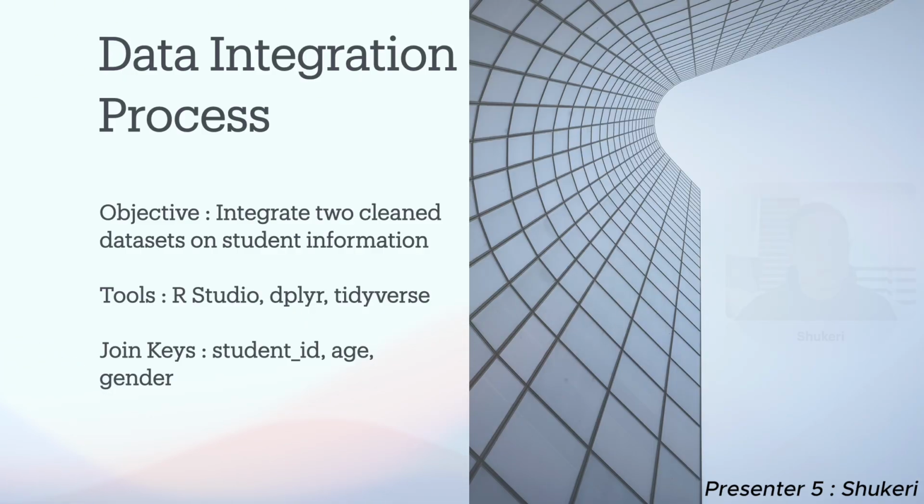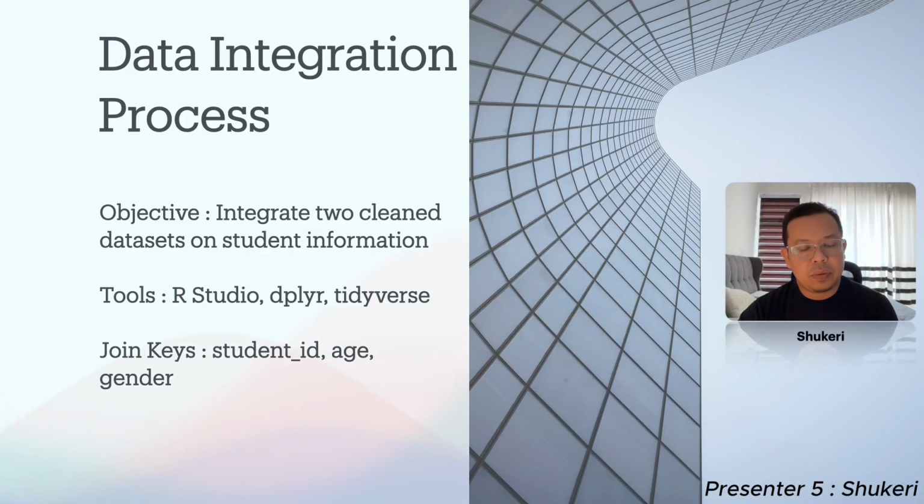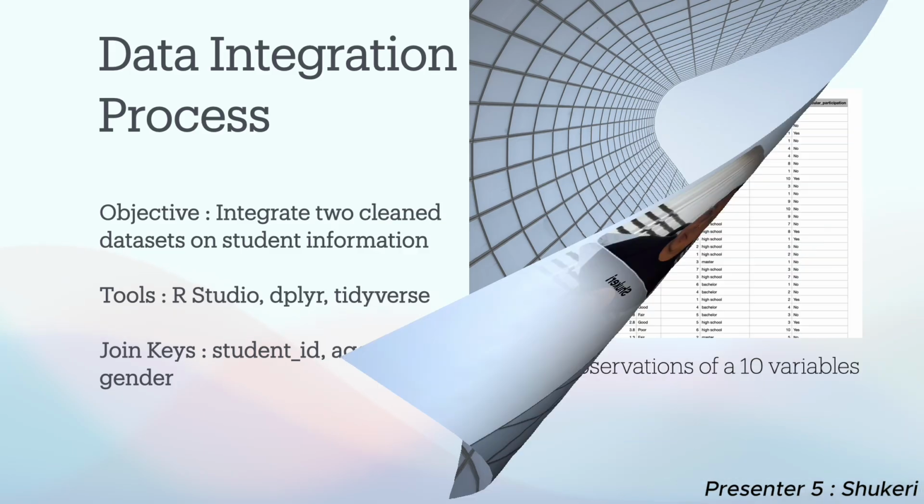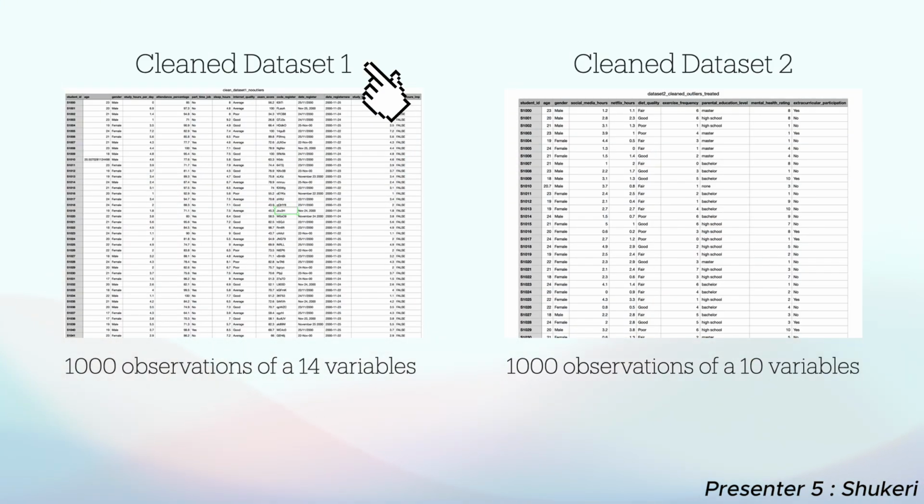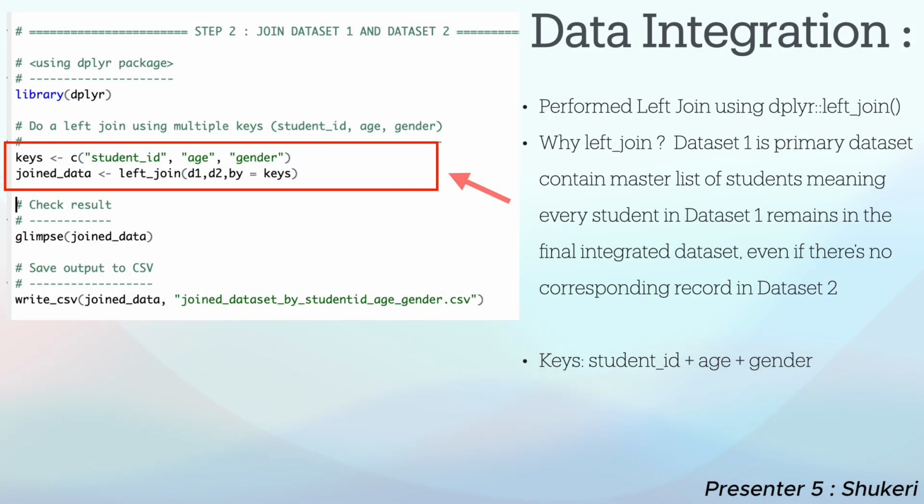My name is Shukri, and now I walk through my data integration process using 2 clean data sets, using tools in RStudio, dplyr, and Tidyverse package with 3 key fields, which are student ID, age, and gender. On the left side is student demographic details named as dataset 1, which contains 1000 observations of 14 variables, and on the right side is academic and participation data named as dataset 2, which contains 1000 observations of 10 variables. For data integration, I perform left join using dplyr package by joining all 3 columns, student ID, age,